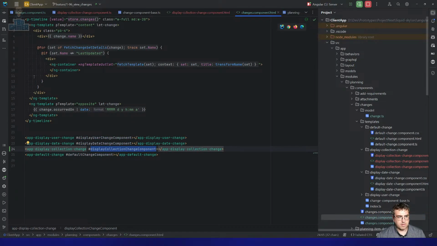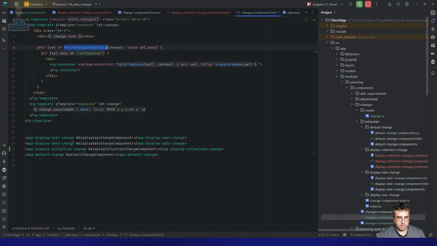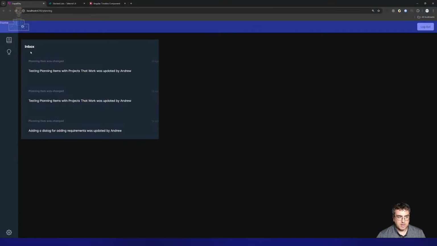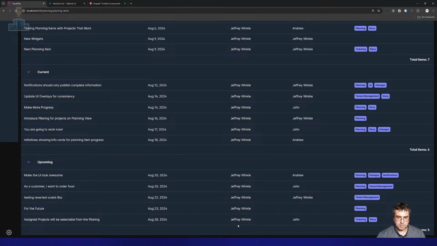So this loops through the change set details. So it'll loop through everything in here, right? And it will like last updated and associated projects, and it will call the right template for that field. So if we go in here now and click on this one,